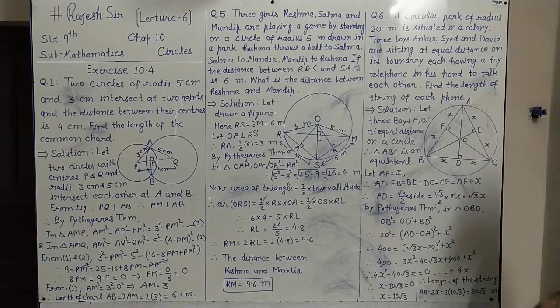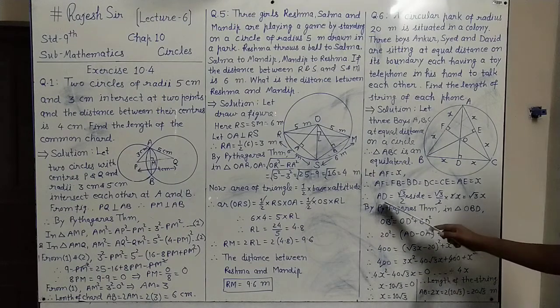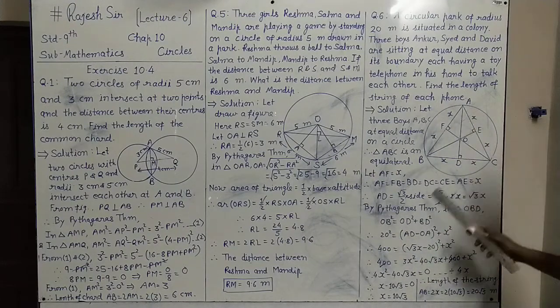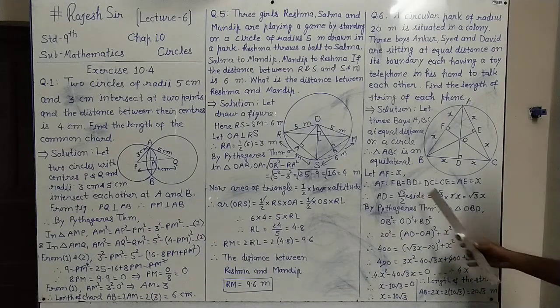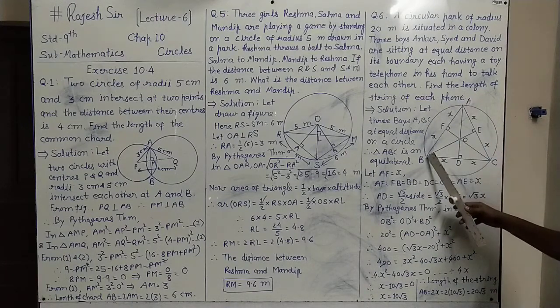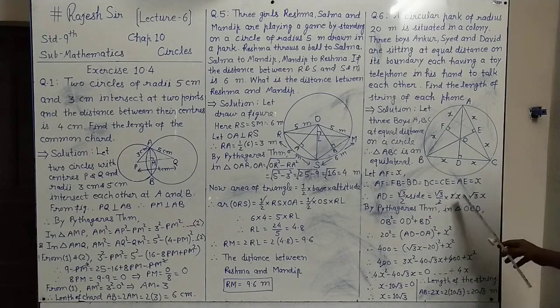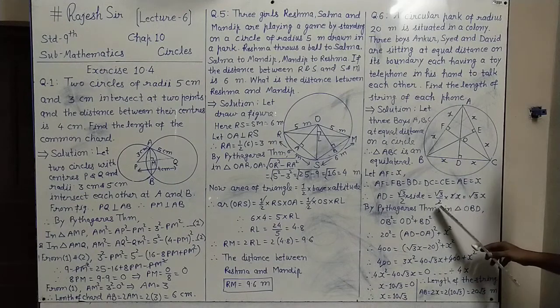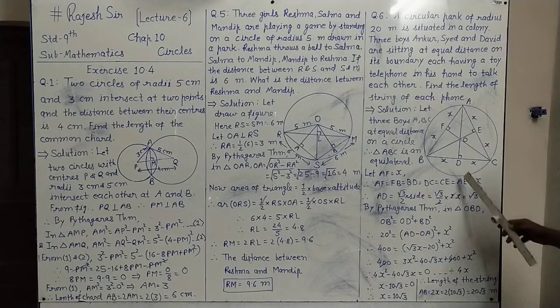Now in equilateral triangle ABC, AD shows the altitude. The length of altitude in an equilateral triangle is √3 by 2 into side. That is the formula we have. Any one side you can place, AB or BC or AC. So the whole side AB is x plus x, that is 2x. We place 2x in place of the side. Now 2 cancels, so √3 into x remains. So the length of altitude AD is √3x.